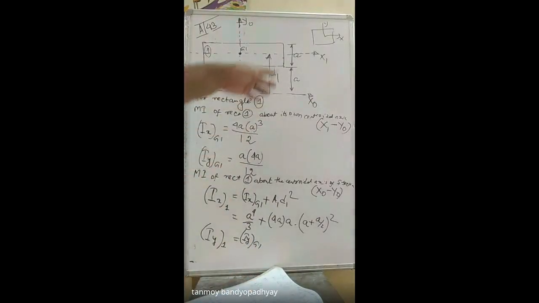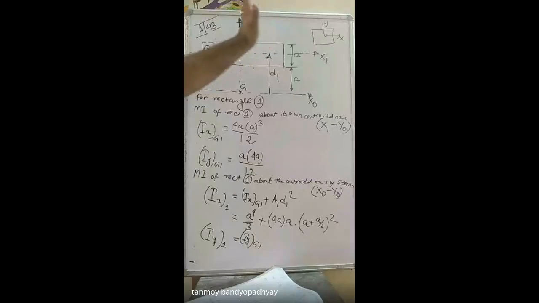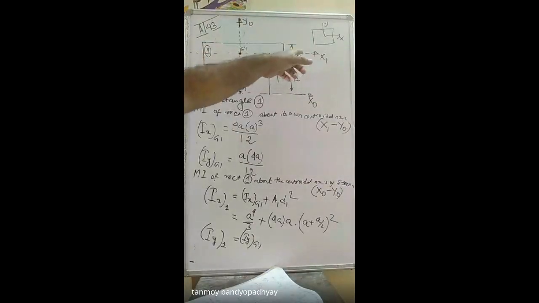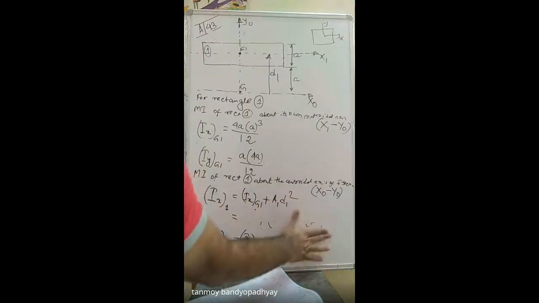So for x, since x is deviant, x1 is deviant from x0, that is why I have called them x1. But y0 and y1 are the same. Had I defined a local coordinate system y1, y1 and y0 would have become coincident. So you can understand that directly you can write Iy0, and you can add on for the three elements. Understood? Look at what this value is coming out to be. I am erasing this, so I'll just write the value. Sir, 28/3 a to the power 4. 28/3 a to the power 4. It means 9.3 something will come.